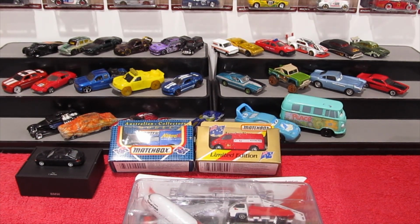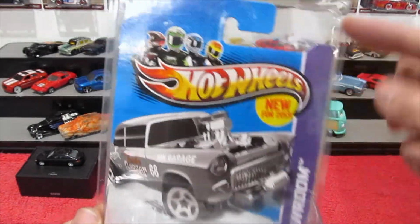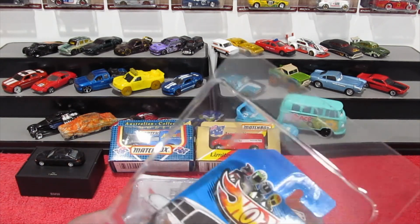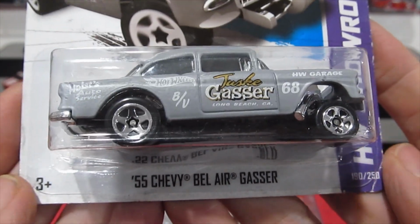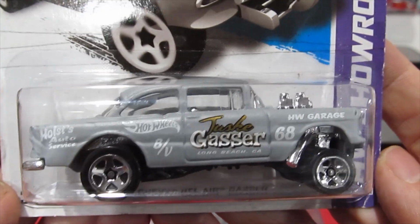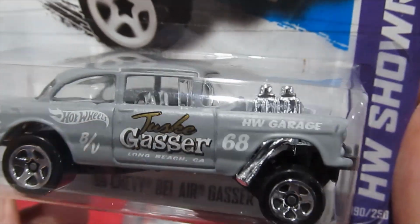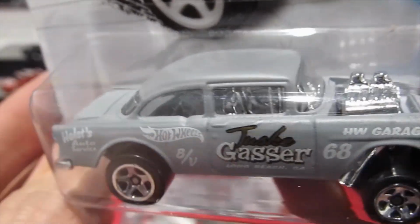Here we go. The last car. This did not come in a protector packet, but I put it into it just for the fun of it. Let's see if I can actually open this thing. Alright, yes, I did go and buy something incredibly super awesome. The 1955 Chevy Bel Air Gasser first edition, new for 2013, Hot Wheels showroom, primer grey, all your logos. For a first edition, that's actually really nice. Chrome interior,